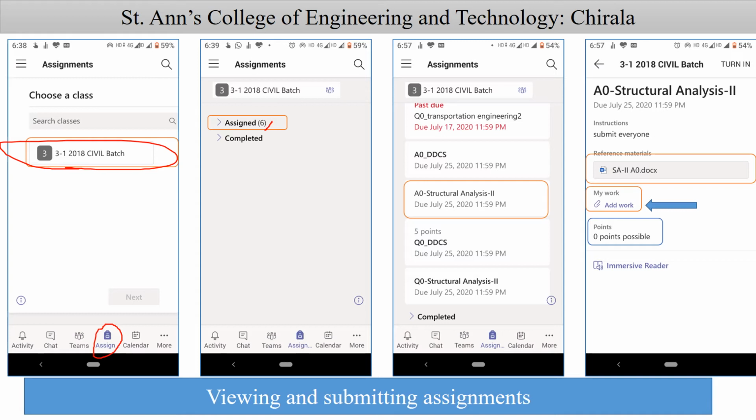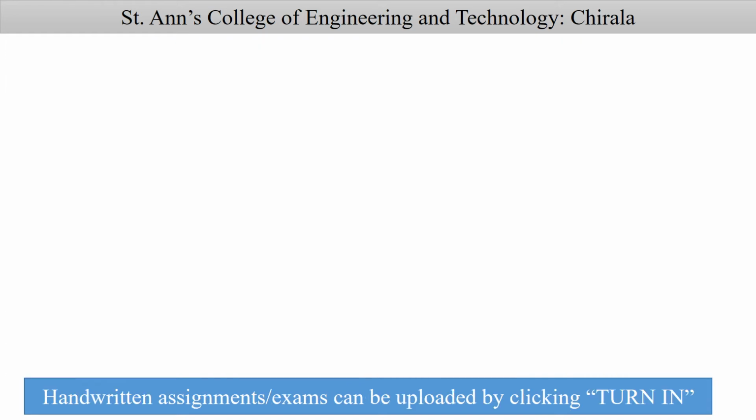I'll show in the next screen. Also, please make a note. Once you upload your document, this is the important step. You have to click turn in, otherwise the assignment will not be submitted. Next, you can see here,